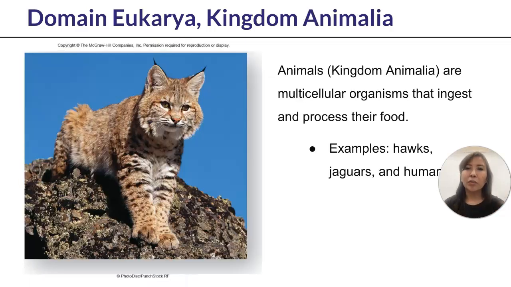And then there is our kingdom, which is Animalia. We're part of that group. In addition to us, that also includes your pets, birds that you see in the environment, jaguars, crocodiles. Those are all different animals. We're multicellular, so it takes more than just one cell, right? And we can't make our own food. So unlike protists and plants, we have to ingest either plants or other animals in order to get our material and energy source.